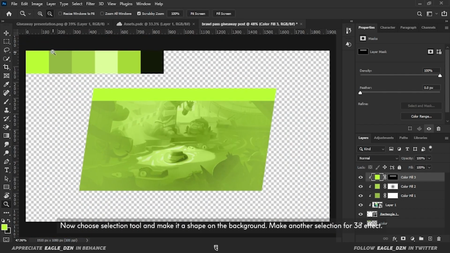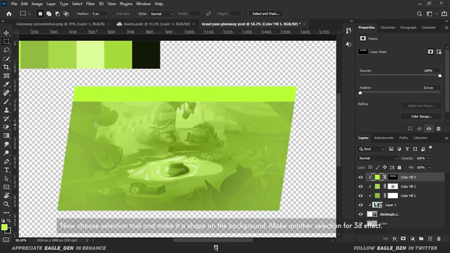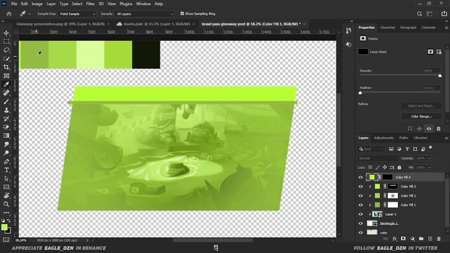Now choose the selection tool and make a shape on the background. Make another selection for a 3D effect.